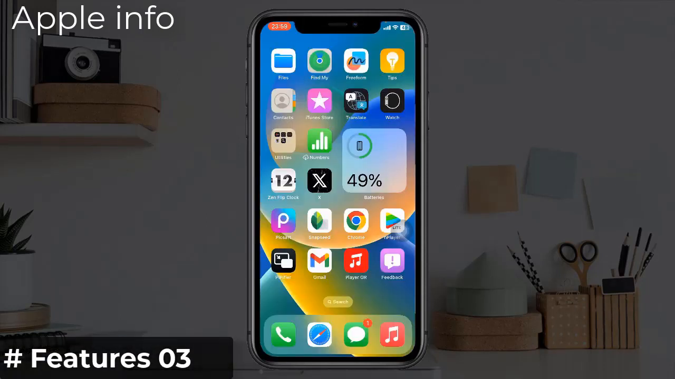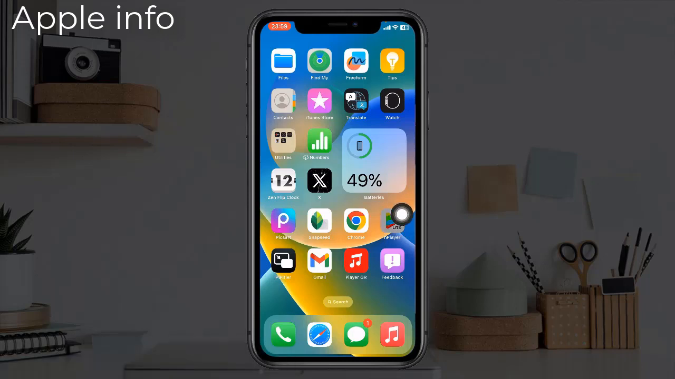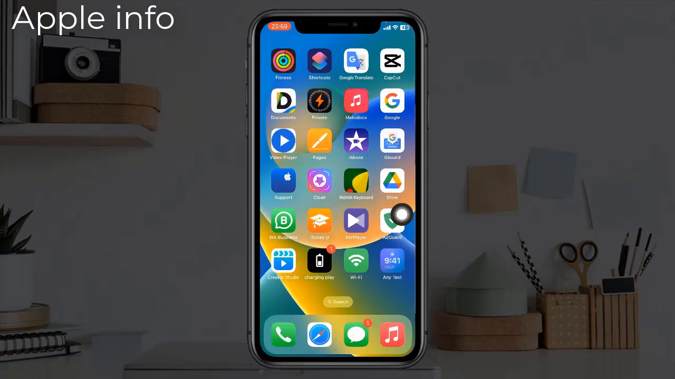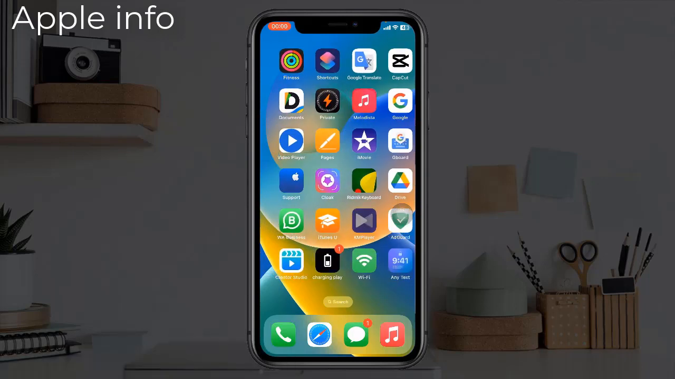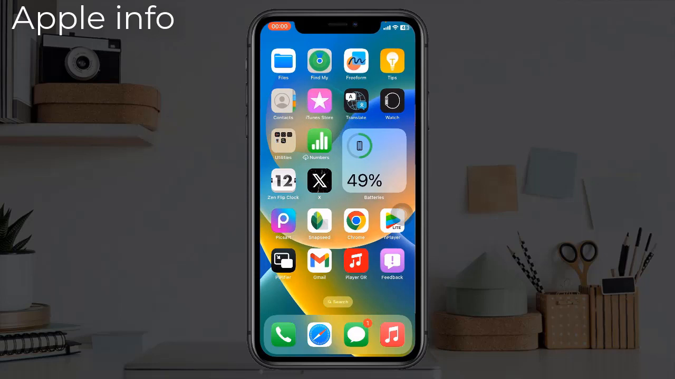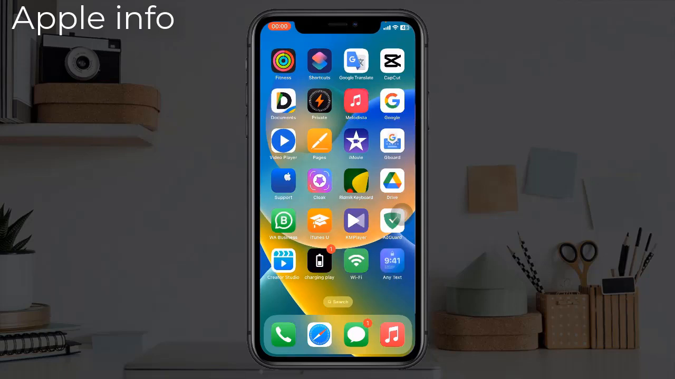Feature 3: Crop your photos using the zoom feature in Photos. Cropping a screenshot or picture in the Photos app is a relatively easy process, but Apple has made it even easier with iOS 17. In the Photos app, when you are viewing a photo